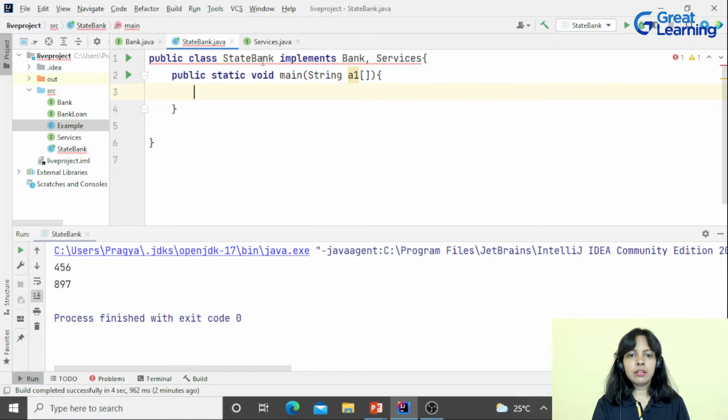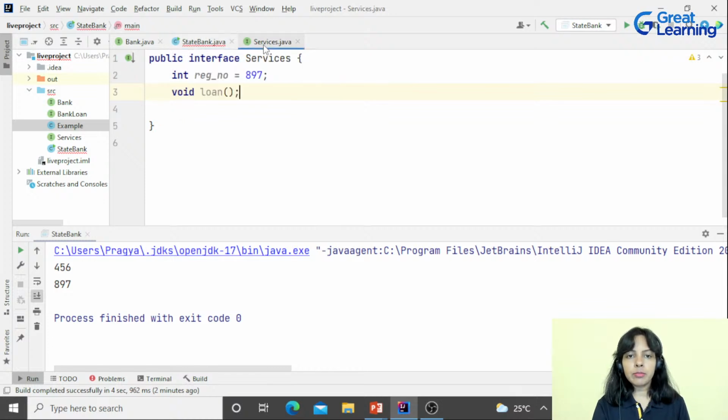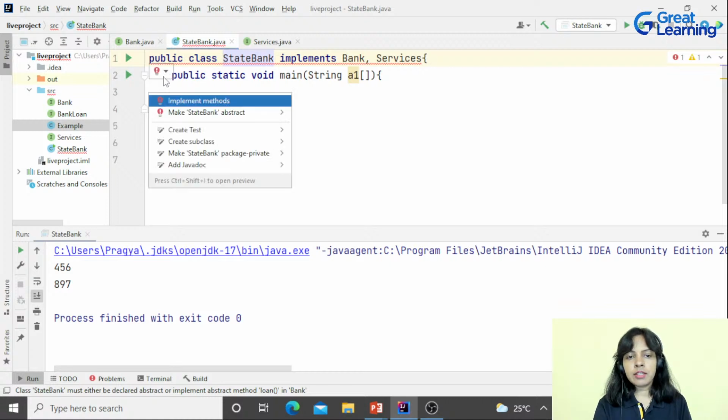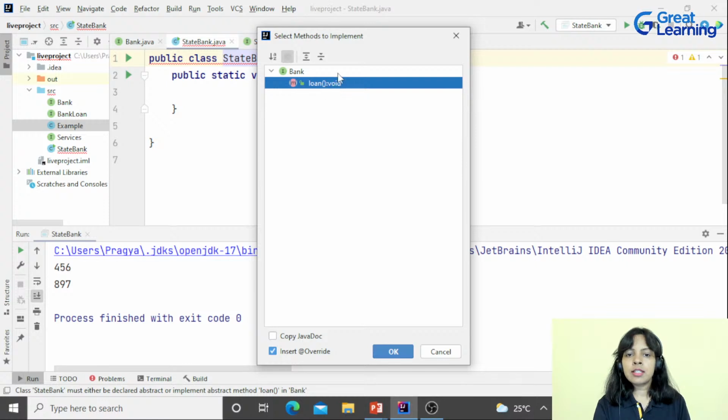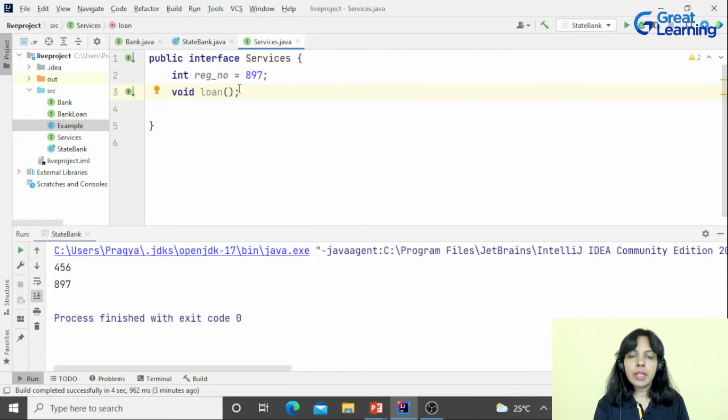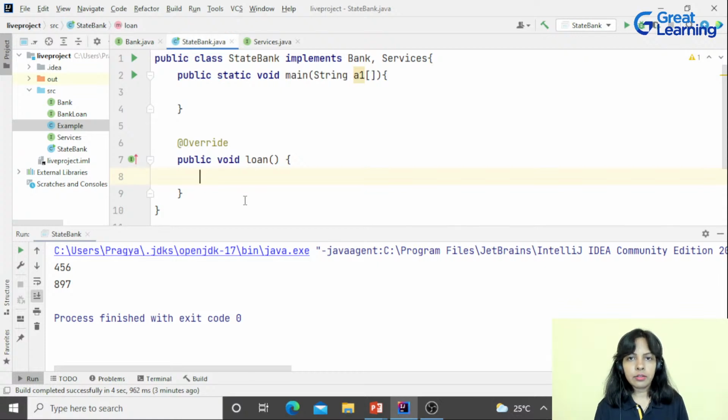In the StateBank class, I'm implementing both bank and services, and both these interfaces have one method loan, same name, same signature, same parameters, same return type. In that case, it will ask me to implement these methods. You can see it is asking me to implement only one method, that is loan. Although I have implemented both these interfaces, as there was the same method in both, if I implement only one method, it's fine. It won't throw any error in Java. Clear?